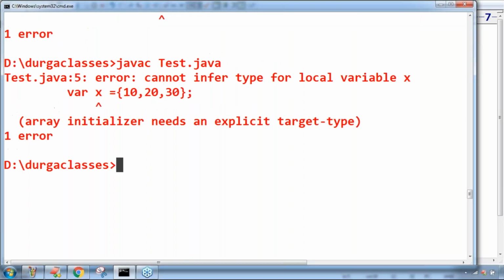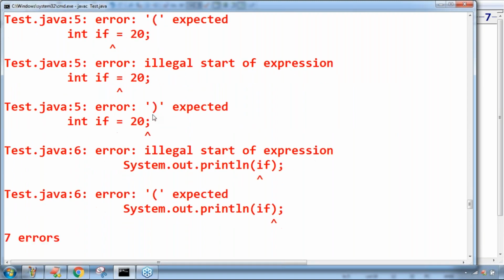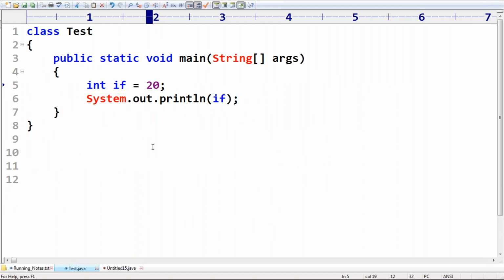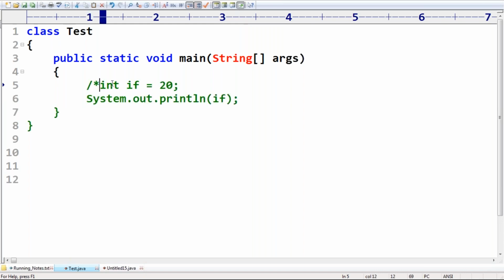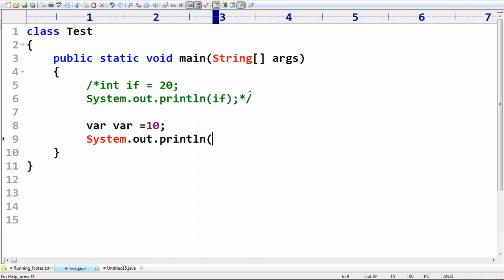We know these points from childhood, so no explanation is required. We get an error like illegal start of expression. Now take very special care. This one is perfectly invalid, right? Now I'm taking var is equal to 10, and then System.out.println of var.